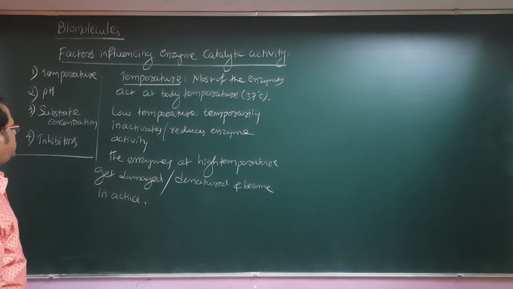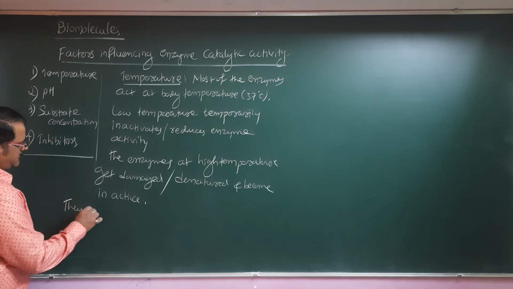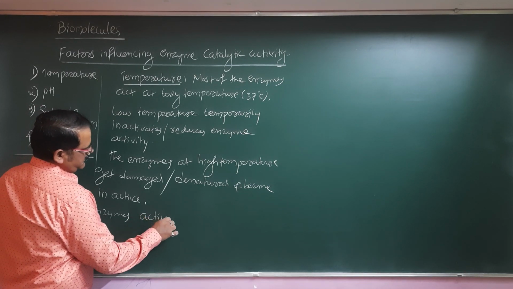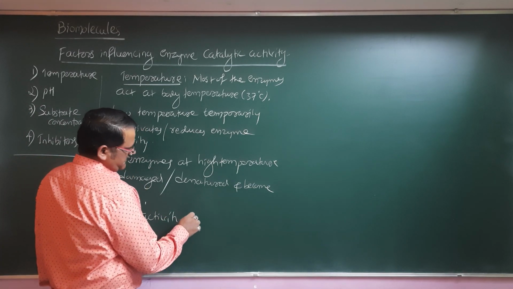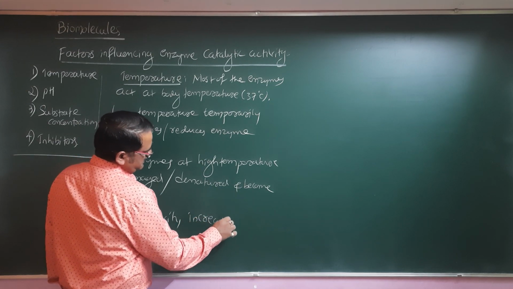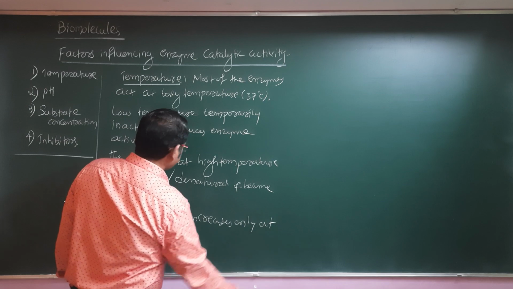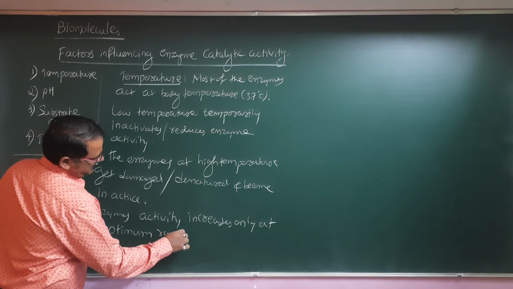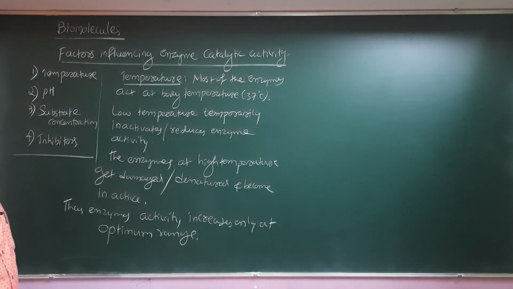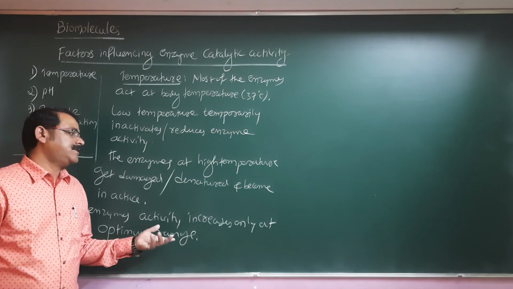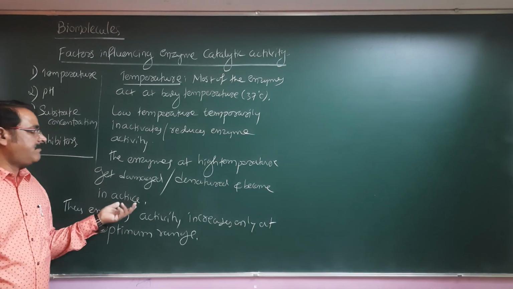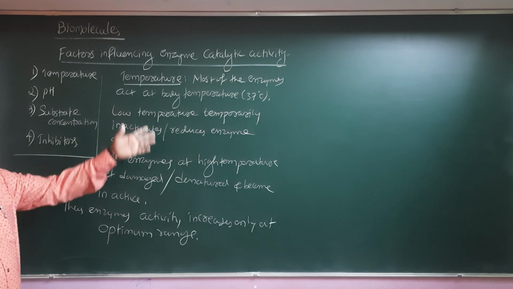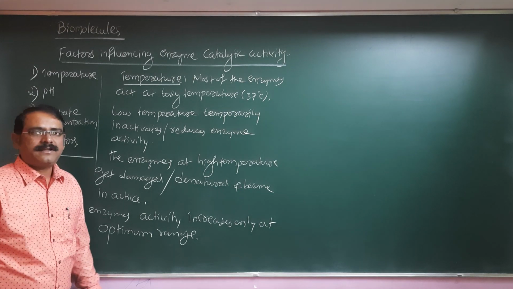Okay, so thus enzyme activity increases only at the optimum range. High temperature causes the denaturing or damage of the enzymes. Low temperature makes them very much inactive. We can say that most of the body enzymes are very active at a body temperature range of 37 degrees centigrade, and then